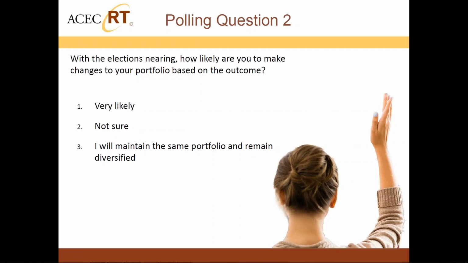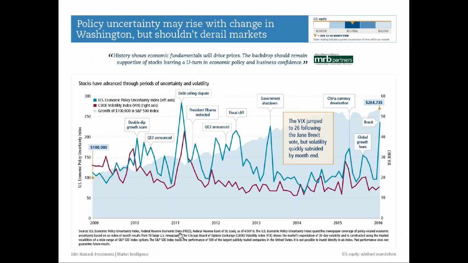So here what we did was we looked at a couple different things to think through the elections, and the first thing we wanted to do was put it in context. Okay, so the teal line is an index called the U.S. Economic Policy Uncertainty Index. It's academically driven. Basically, professors from the University of Chicago put it together, and it looks in the mass media for where the words uncertainty, the Fed, Washington,